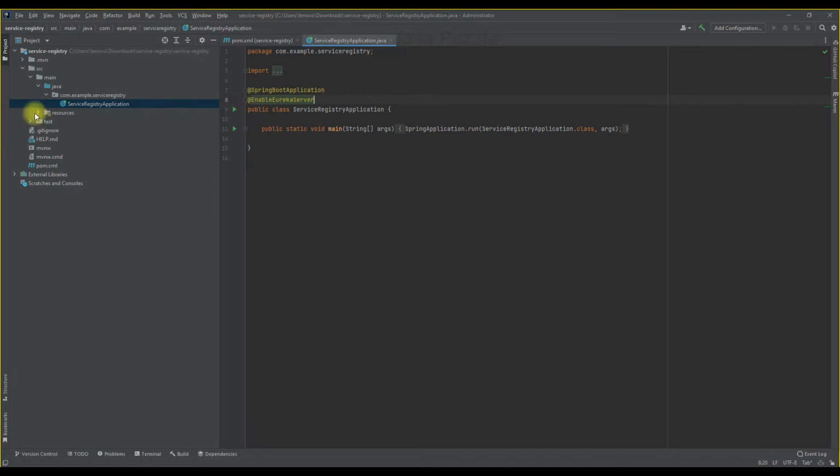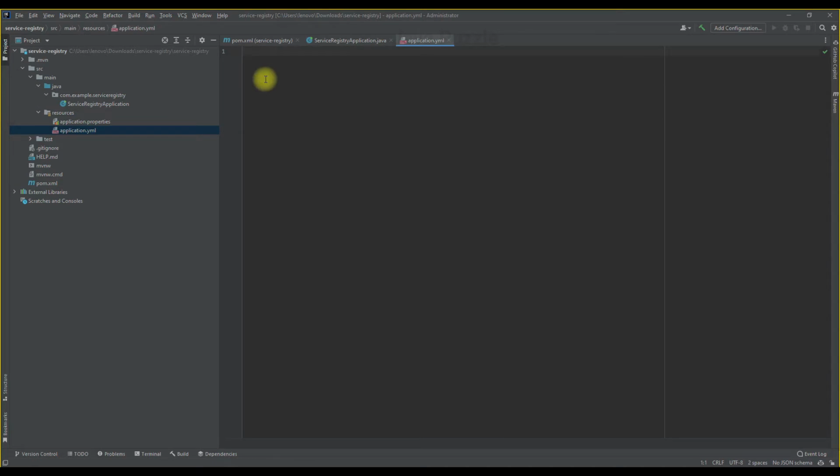Another thing is we have to create an application.yml file. The default port for this Eureka server is 8761, so we are going to add server port 8761.